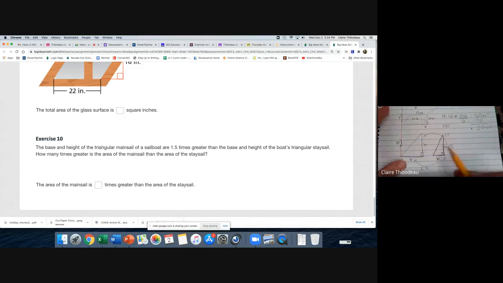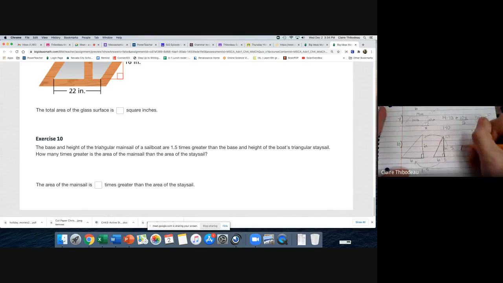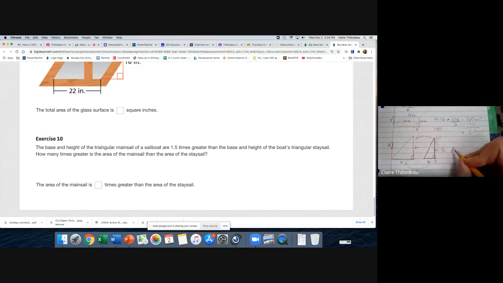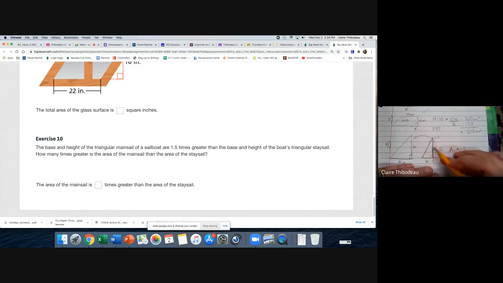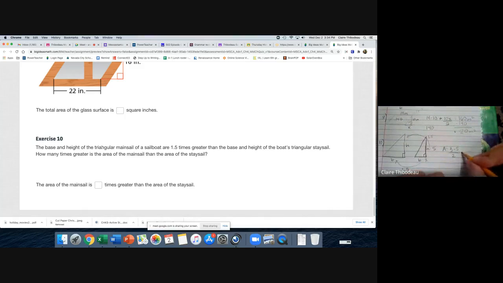So we're going to find area equals base times height, 3 times 5 divided by 2. So the area of this small one is going to be 15 divided by 2, which is 7.5. Right? So I've got 7.5 square units